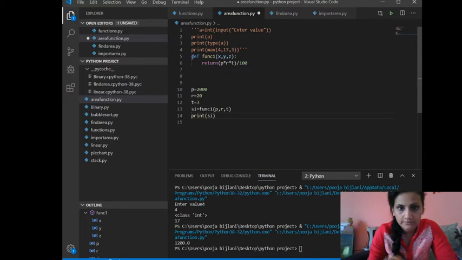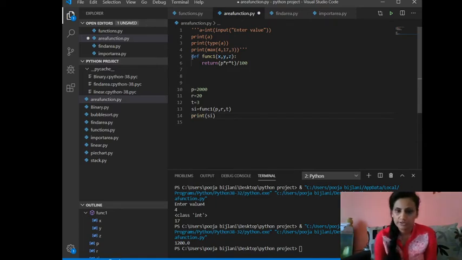After that, now see what changes we made. We had SI equal to P into R into T upon 100, the calculation. Now what we did is, we extracted the calculation and we kept it in the definition. The definition is DEF function 1 x, y, z, return the calculation. So the answer is going to come back. Where will your answer go?